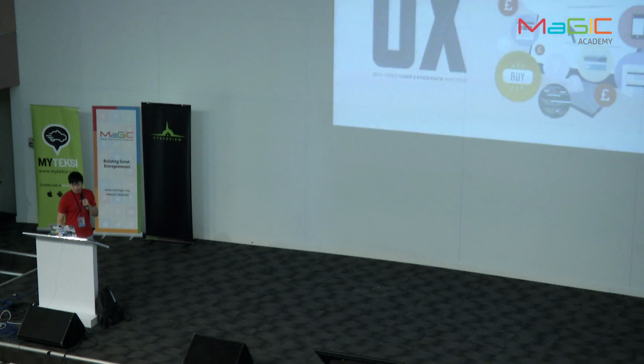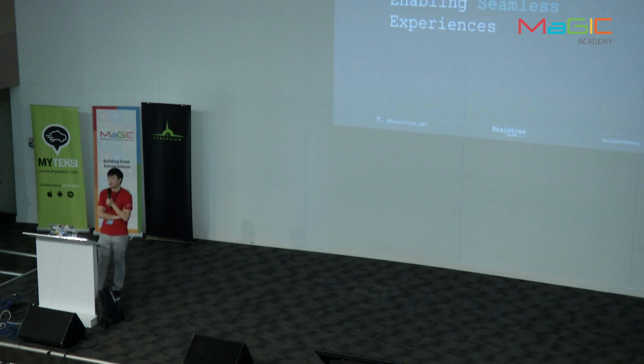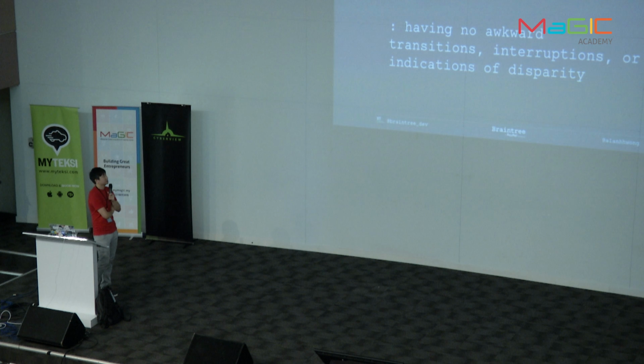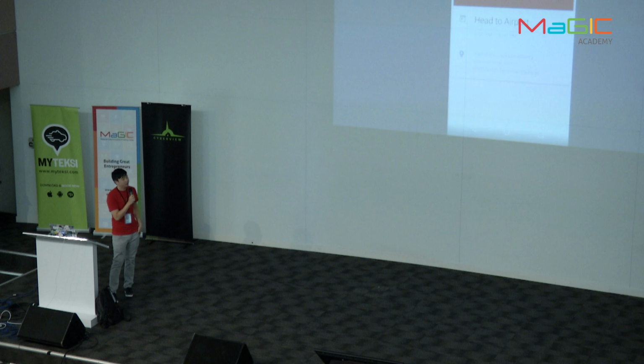And this part sort of relates to what we call enabling seamless experiences, right? So this is coming from applications. It's probably not the first time you've heard it, but it's all about making applications seamless. So meaning having no awkward transitions or interruptions from what the user is trying to do within your application. Great example of that is, for example, Google Now. I'm not sure if any of you have used this before, but this is one of my favorite features within